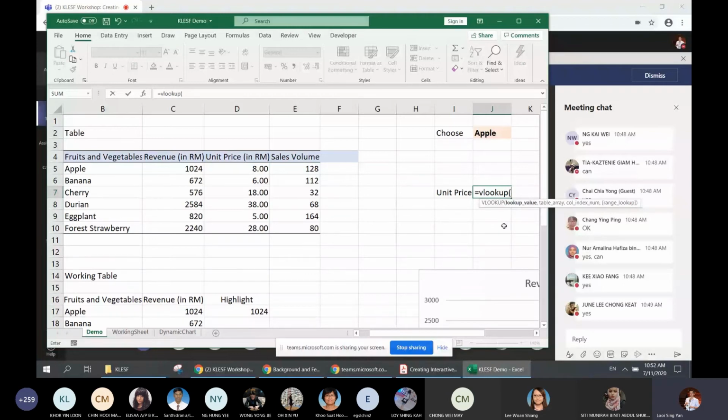There are four arguments that we should key in. First, the lookup value. I want to check for this, so J2,